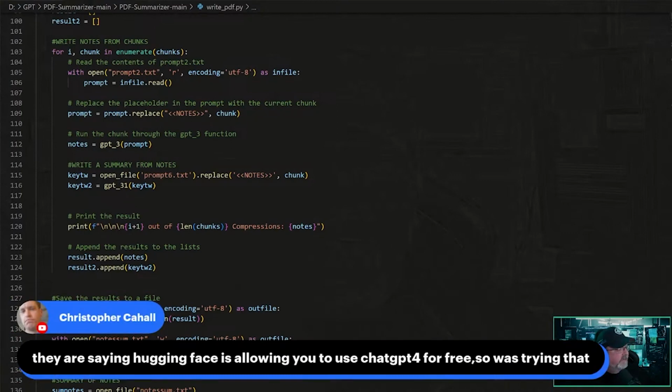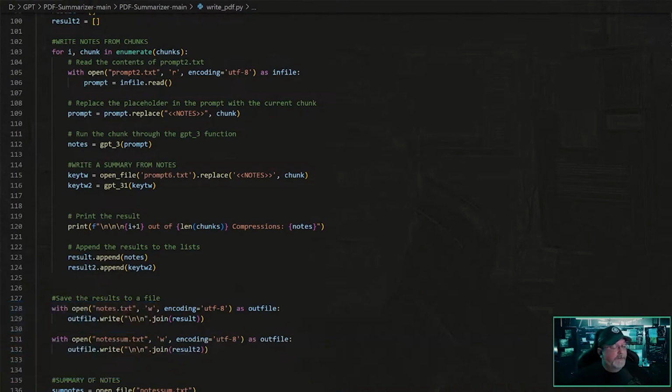Okay, so they're saying that Hugging Face is allowing you to use ChatGPT 4 for free. Huh, interesting. Well, I'm paying for ChatGPT 4, but what I'm really looking for and waiting on is the ChatGPT 4 API. As soon as I get the ChatGPT 4 API